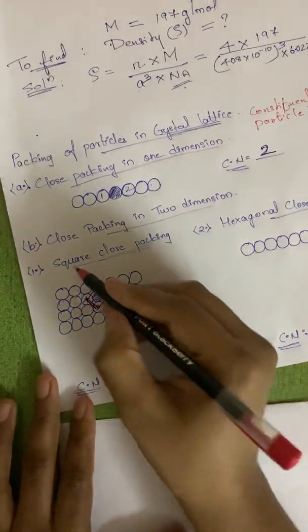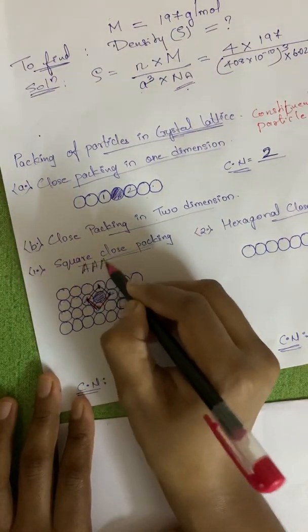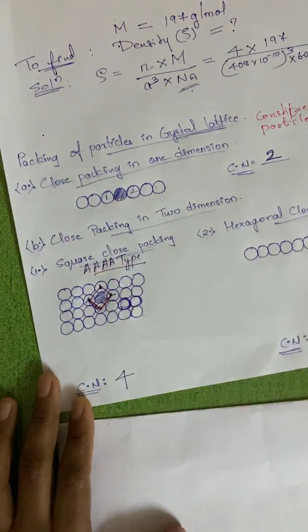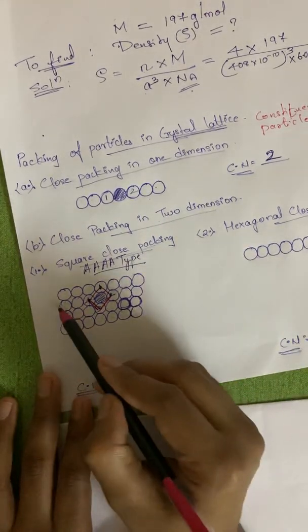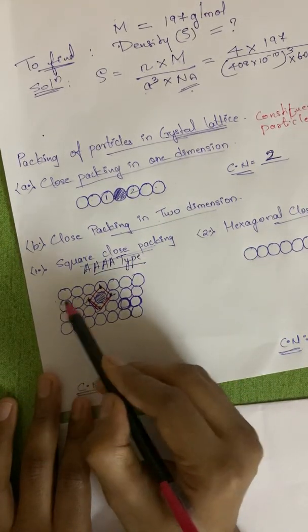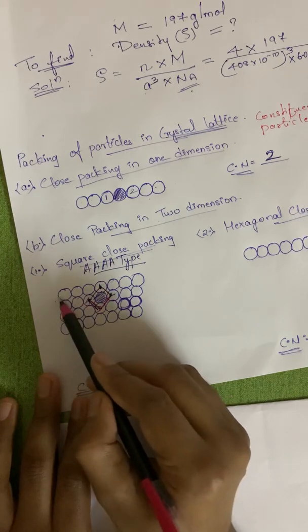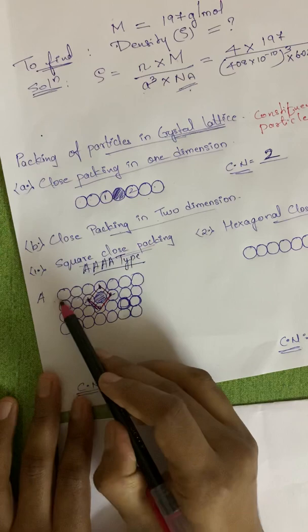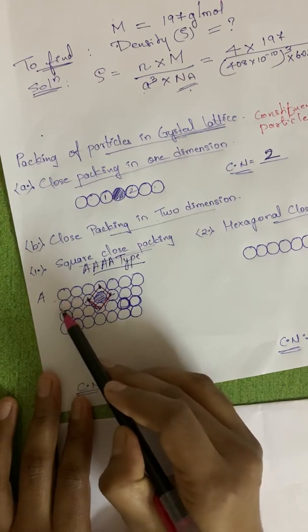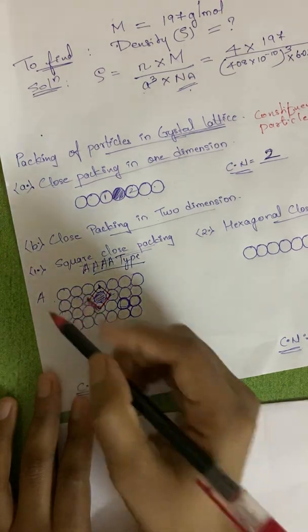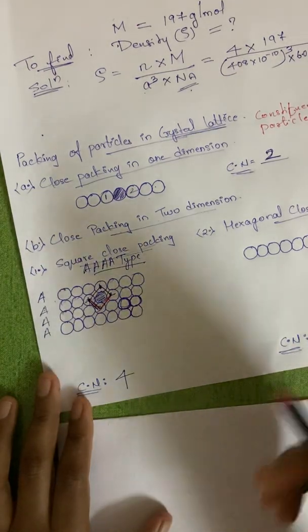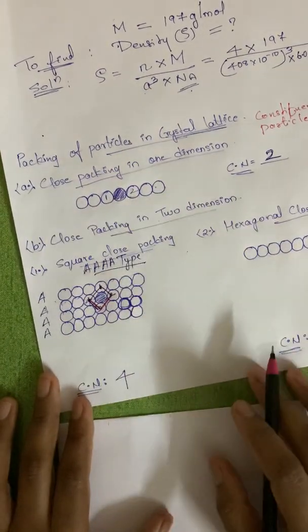Now it is also called AAAA type of packing. Why is it called so? Now over here, if the first row arrangement is referred to as A, the same row is kept one above the other, with no changes. That's the reason everything is referred to as AAAA type. Okay, hopefully till here it is clear.